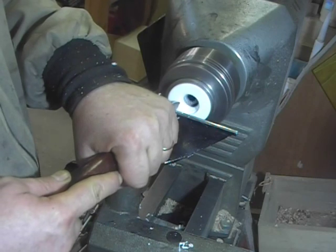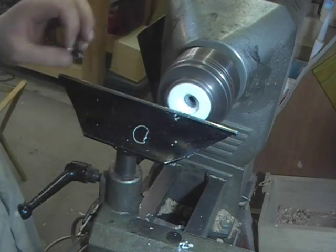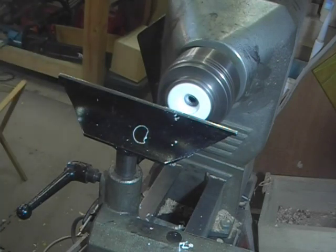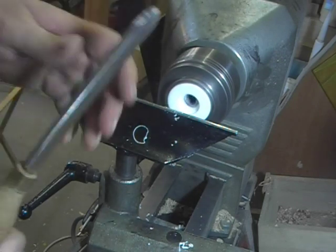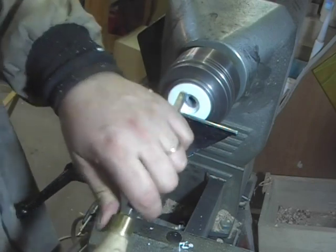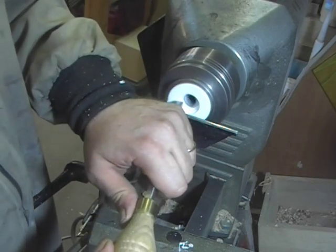Tell when it's flat because the tool stops jumping around. And then I'm going to get out my other parting tool, which has a dovetail grind on it, which means that the tip of the tool has a 5-degree grind on it, because I want to make this just slightly dovetailed